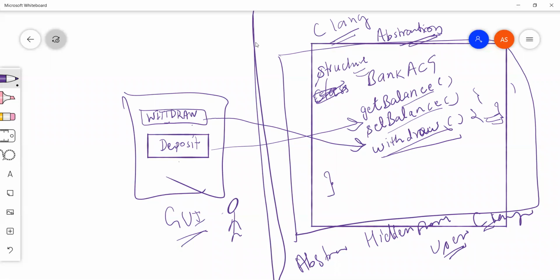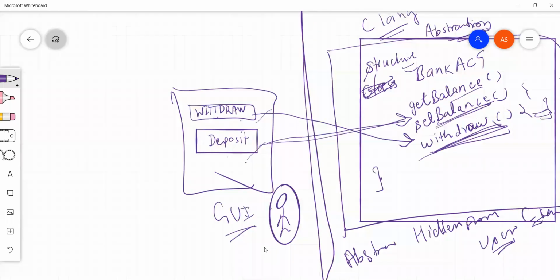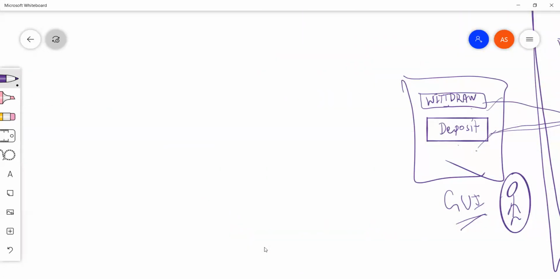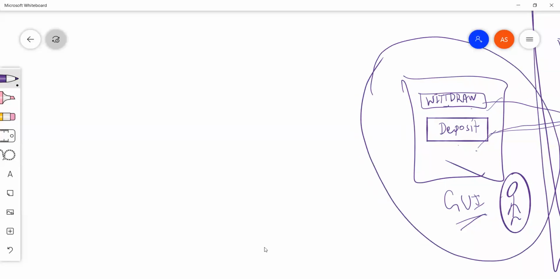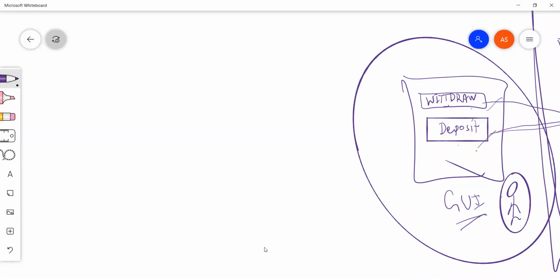When we say withdraw, it withdraws the money from the system, and when we say deposit, it deposits the money. So the user only knows these two buttons, withdraw and deposit. He doesn't really know what is behind this system. So can we say it is abstraction?